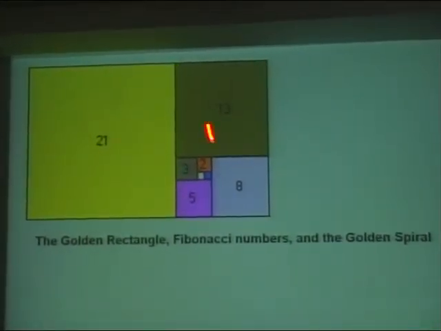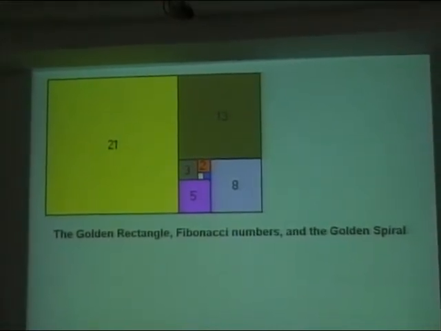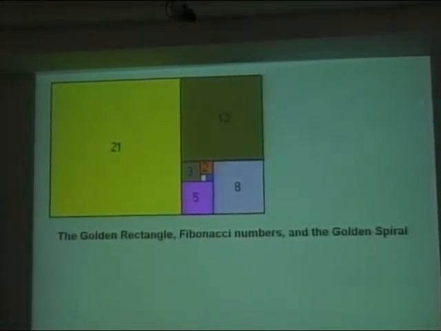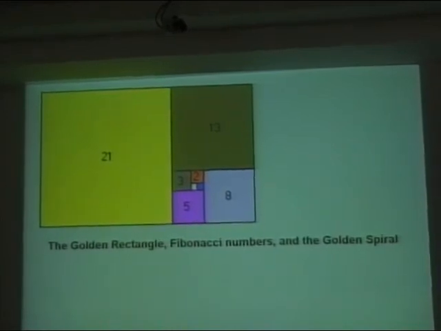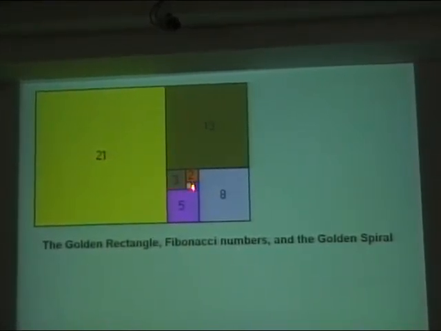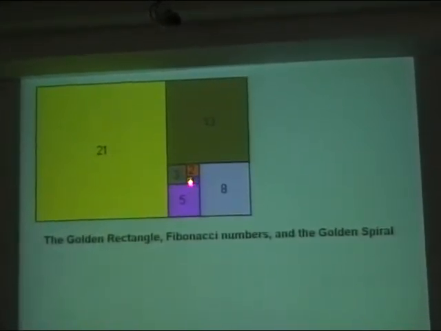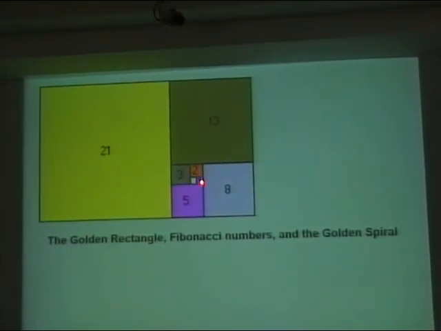Remember I told you those numbers, we were just going to use them to identify? Oh, they have another purpose. Let's start with the two inmost squares here. 1 and 1. If you add 1 and 1, what do you get? 2. If you add 2 and 1, what do you get? 3. If you add 3 and 2, what do you get?